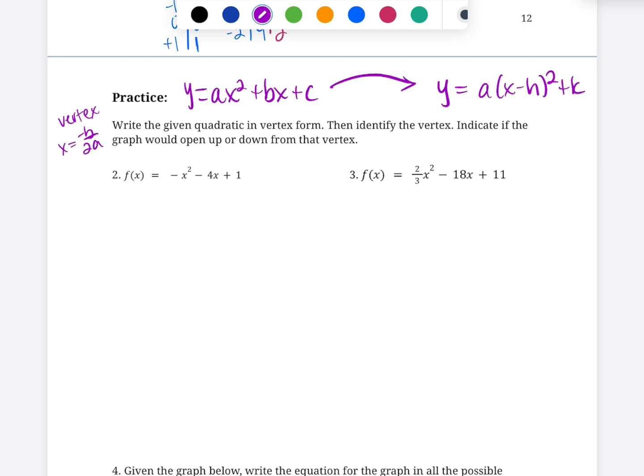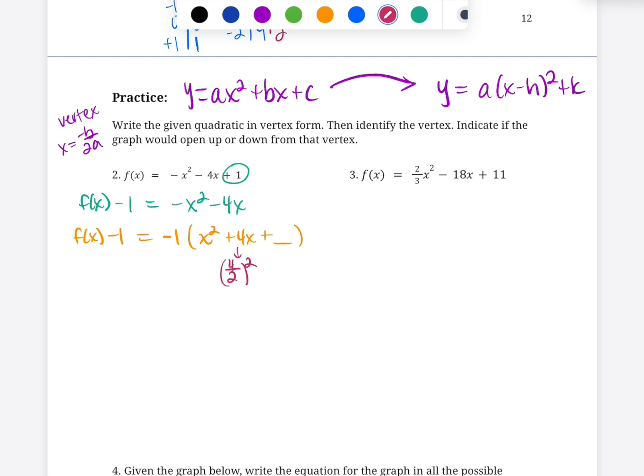All right, welcome back. So number 2, let's run it through. So I'm going to take this 1, and I'm going to move it to the other side. So f of x equals -1. And then I've got negative x squared minus 4x. Now, it may not look like it, but there is an a value here of -1 that I'm going to factor out. So it's going to be x squared plus 4x plus something. That something is whatever 4 divided by